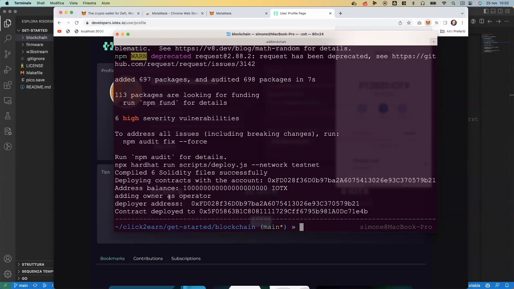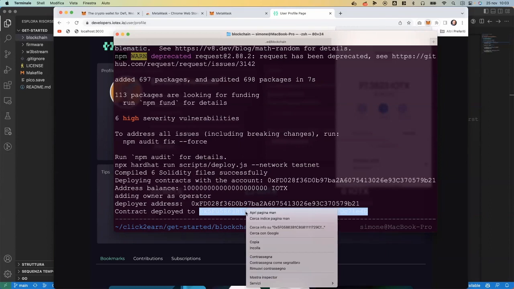And then the script is also enabling the same account that deployed the smart contract as an operator. So this account will also be able by default to mint tokens, to call the mint function. And finally, it's telling us, okay, I've deployed with this account, and this is the blockchain address of the token contract that we have just deployed. And because it's a token contract, it follows a specific standard to be recognizable as a custom token. You can copy this one,